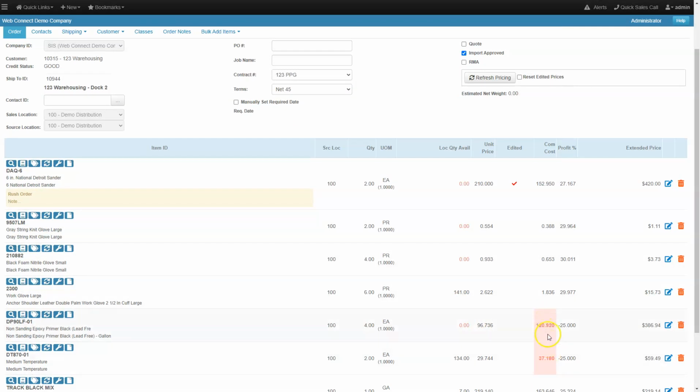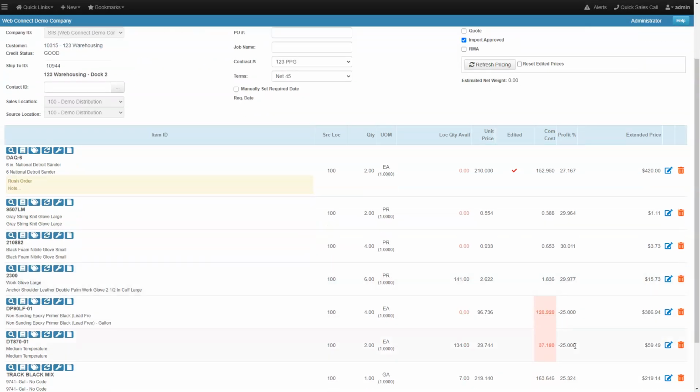This is interesting here. Notice that these two items come back with a cost that's higher than the unit price, and this is a P21 calculated price, and I see that I'm actually at a 20% loss on profit on these items. I want to show you something that's kind of a cool feature that you can do in Web